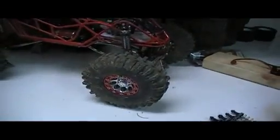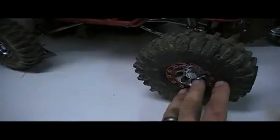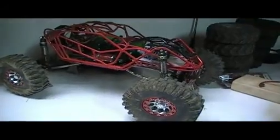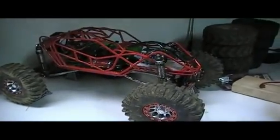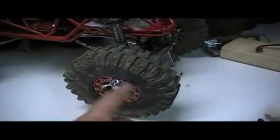So I ordered the 2.2 OMF last night for the actual, I don't know if I'm going to put the, well, it doesn't really matter because the OMFs are so versatile. You can change out a set of tires in literally minutes versus having to take all these off, which